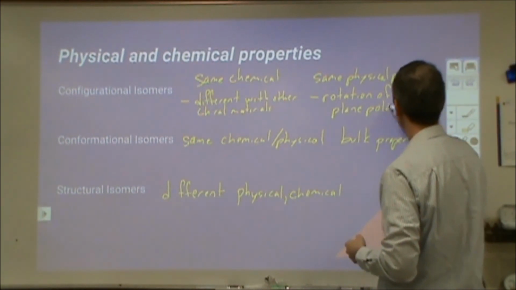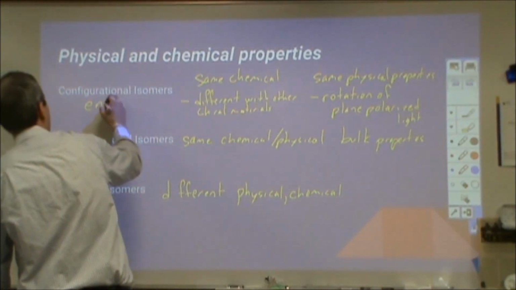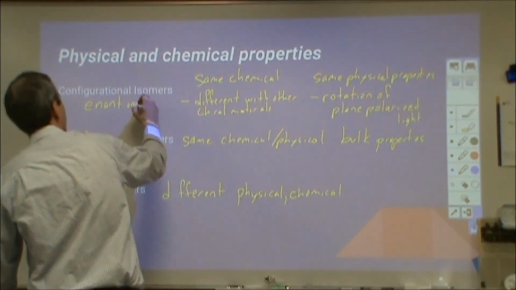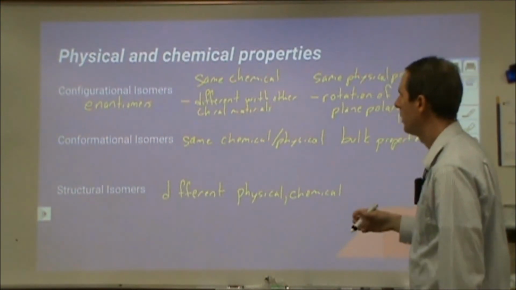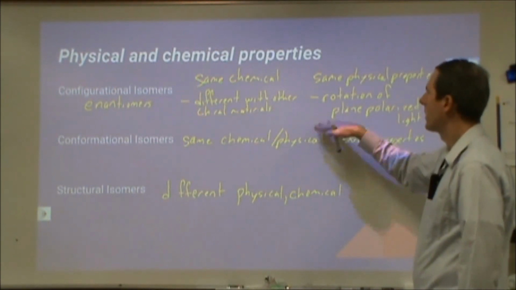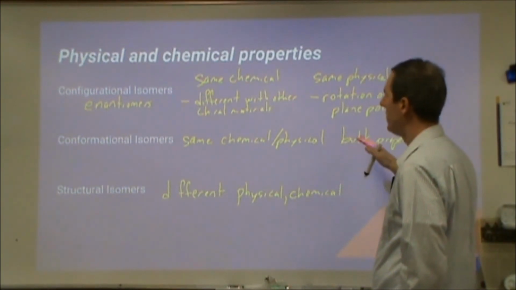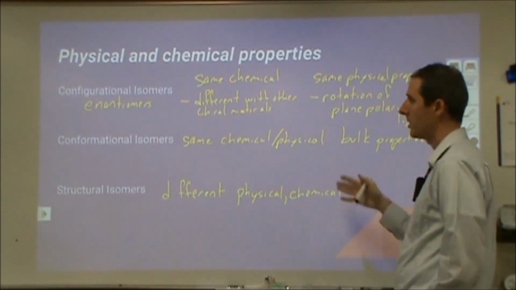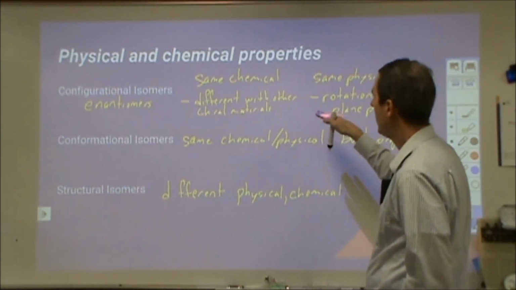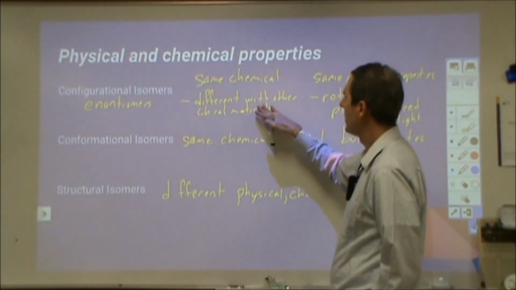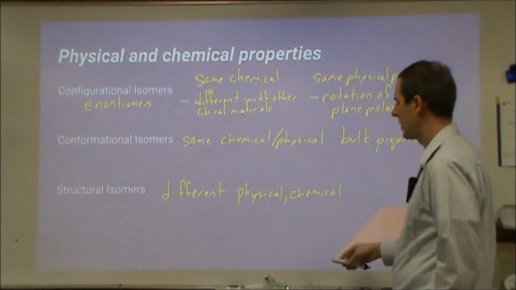or the S form. And as I'm going through this, I'm really not talking about configurational isomers; I'm talking about enantiomers here. For diastereomers, a lot of this becomes different. So if we're looking at the Z form or the E form of a chemical, there would be small differences in their chemical and physical properties. If we're looking at the RS and the RR form, there would be small differences in their chemical and physical properties beyond this. But for enantiomers, that would be the case. Now, we can separate based on these interactions. So maybe we can construe that a little bit as a physical property as well. I would consider it to be the chemical